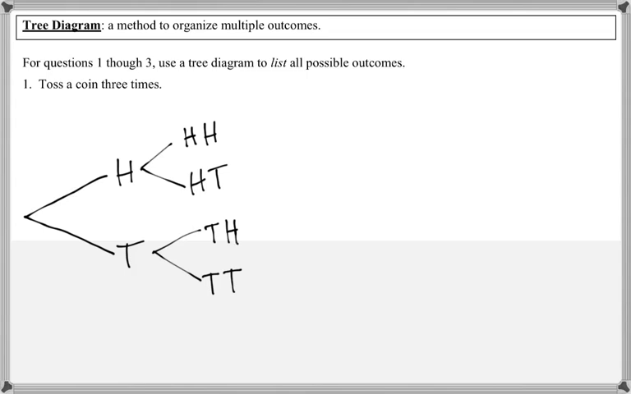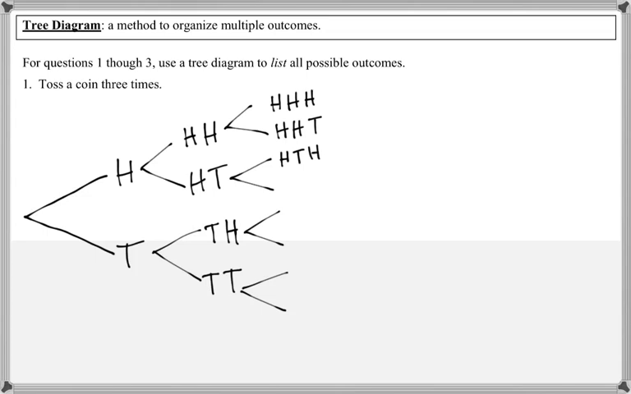And then if we toss it a 3rd time, there are 2 more outcomes. So for each branch, we have to do 2 more outcomes. So heads heads heads, heads heads tails, heads tails heads, heads tails tails,